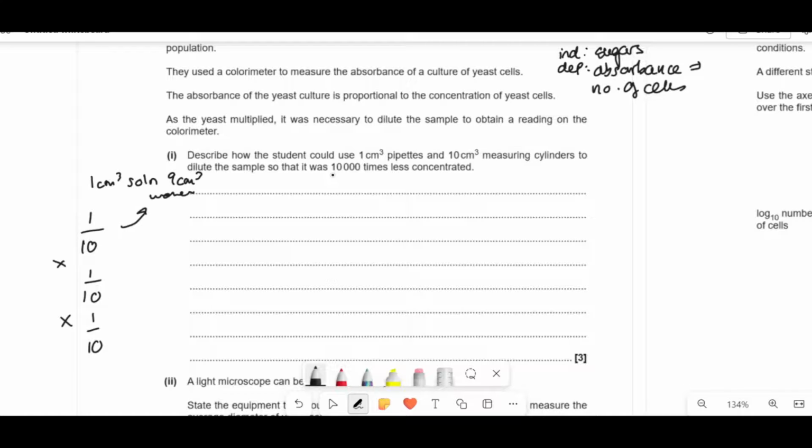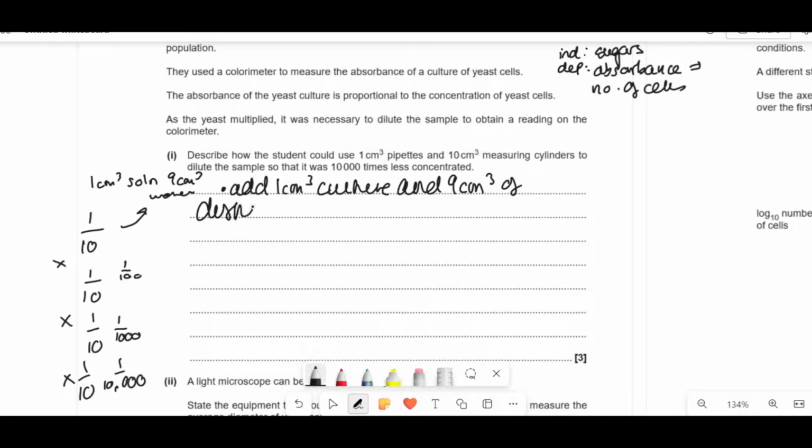So if they're saying that this is 10,000 times less concentrated, we're going to do a 1 in 10, 1 in 10. That's going to be 1 in 100, so 100 times less concentrated. 1 in 10 again is 1 in 1,000, and 1 in 10 again is 1 in 10,000, which means it's 10,000 times less concentrated or 10,000 times more dilute. So what you would do is add 1 centimeter cubed of the culture and 9 centimeters cubed of